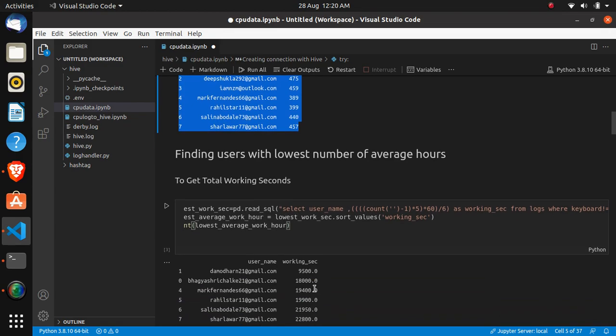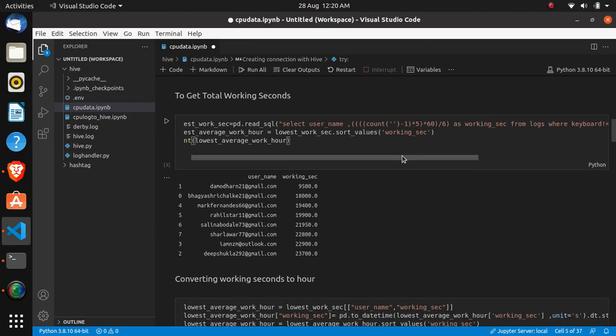After that, firstly we are performing this operation, finding the lowest number of average hours. For that we are using the same Spark SQL query.